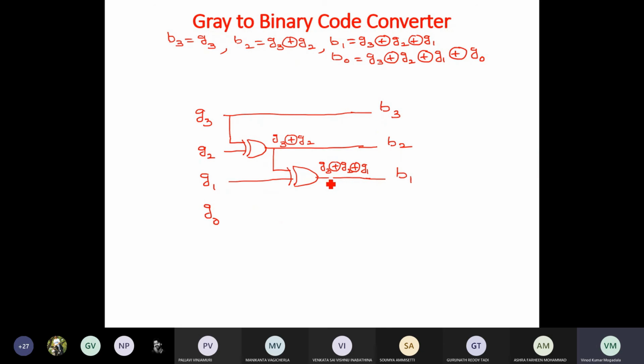Now for B0, we have to pass this through another XOR along with Z0. Sorry, there will not be bubble.